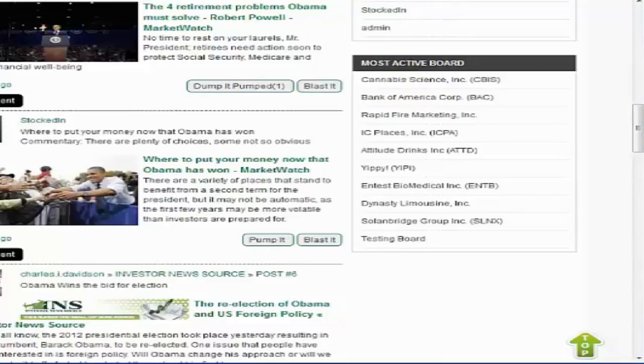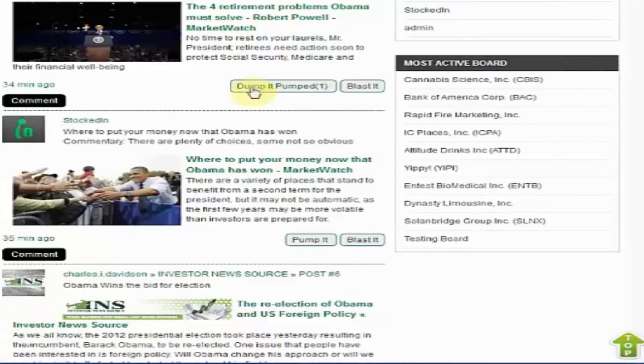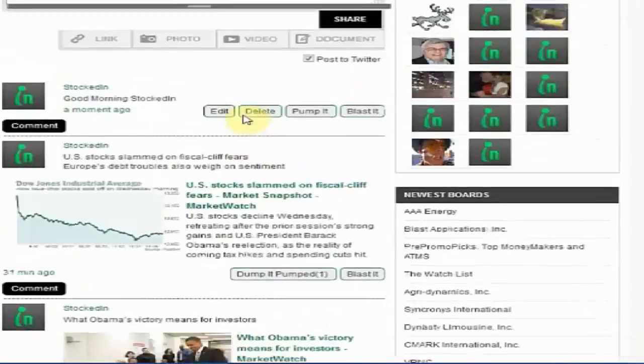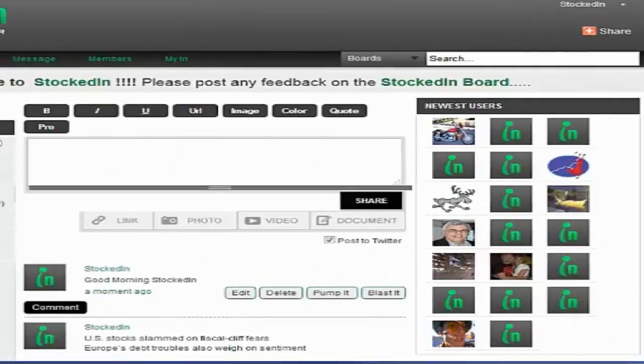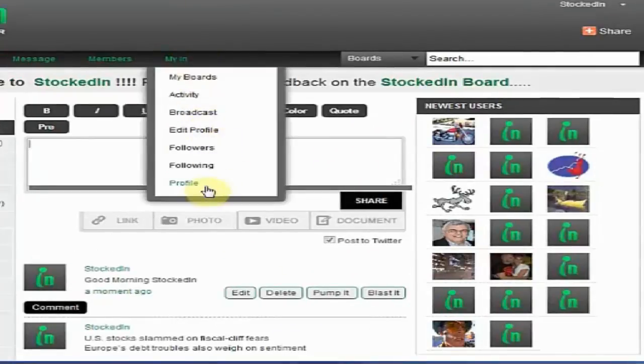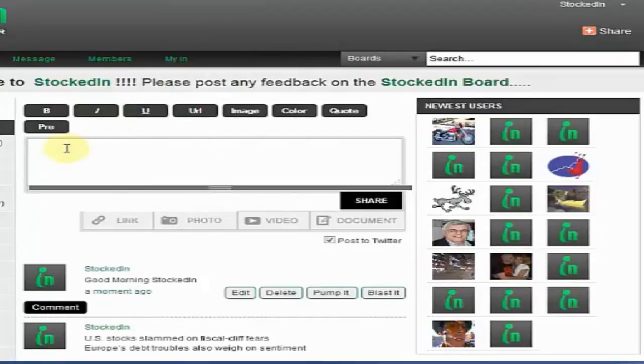Now let's take a look at the center section of your homepage, I should say, and let's see what's going on here. Now in here, this is where you post. Okay, now if I wanted to post that and make it bold, I can highlight it and that will make the post bold. This will italicize it, this underlines it. Now if I wanted to put a URL in, I can simply use this URL code and then put the